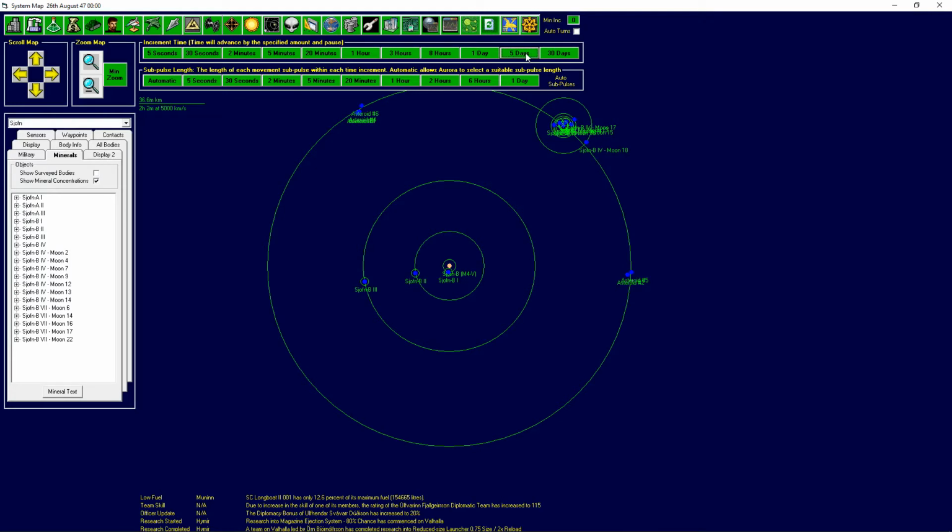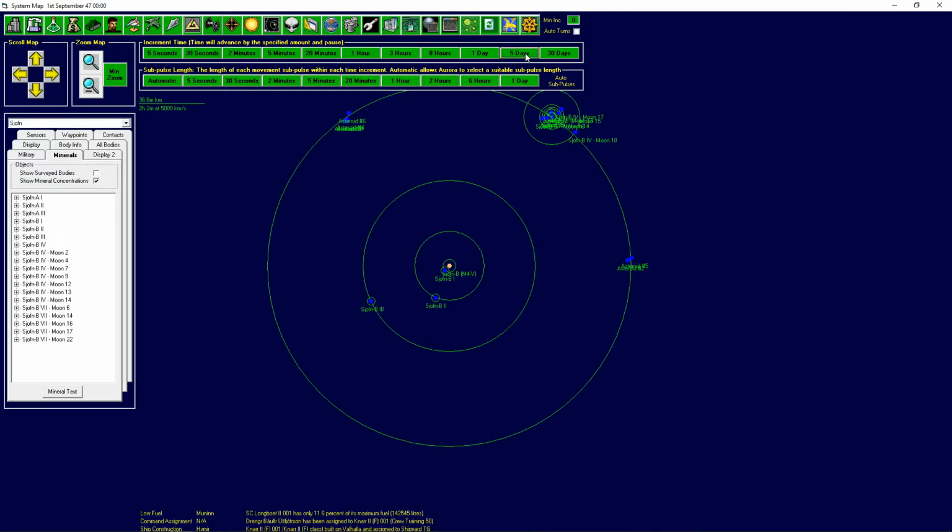Hold on, look at some more minerals. Completed research, the launcher size, yes, and we started the ejection system, 80% chance. Then team skill has increased on the diplomacy team. Now I wonder how long it's gonna take. Oh right, we got